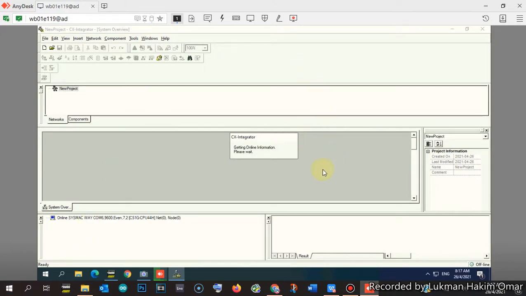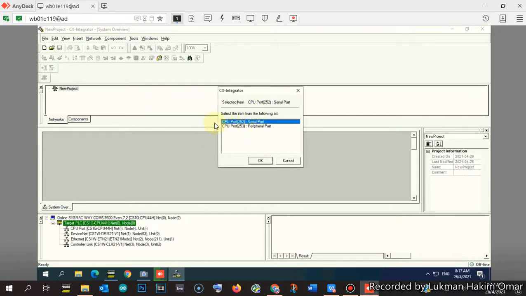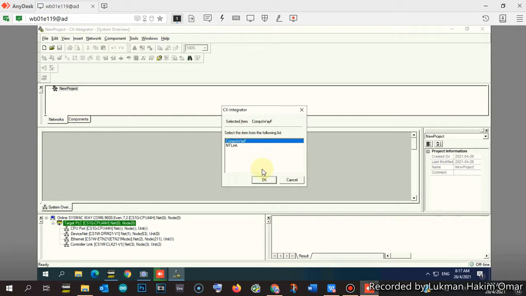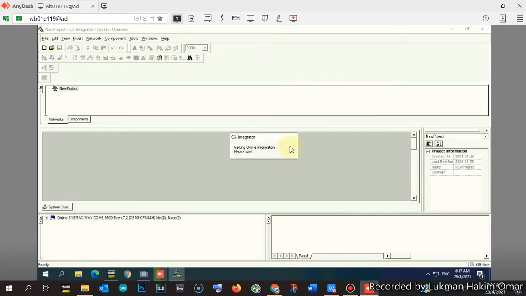We have to wait a while for the CX Integrator to read all the possible connections. Now the CX Integrator will ask us to select either serial port or parallel port. So we use serial port. We click OK, and for this one we try to skip. We just cancel it because these two are actually not in our PLC.